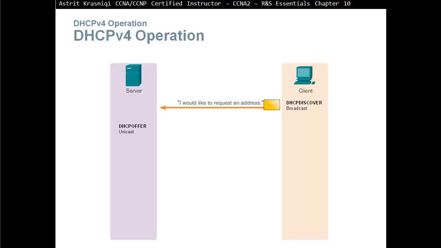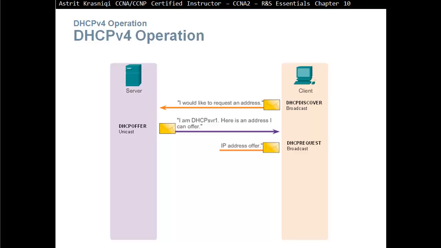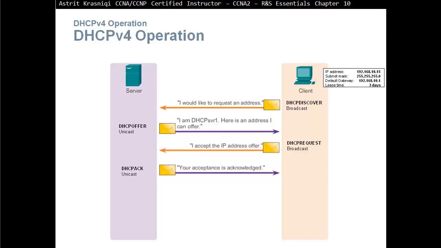And it's down to the DHCP server. It's going to reply and say, yep, I've got an IP address. This is a unicast. I'm DHCP server 1 here, and I can give you an IP address. This is known as the DHCP offer message. Then if the client is happy with that IP address, it's going to request. It's going to send another broadcast packet saying, yep, I like that IP address. Can I please have it? And in turn, the DHCP server is going to send a unicast packet back saying, yep, your acceptance is acknowledged and the IP address is yours, including other information like subnet mask, gateway, and